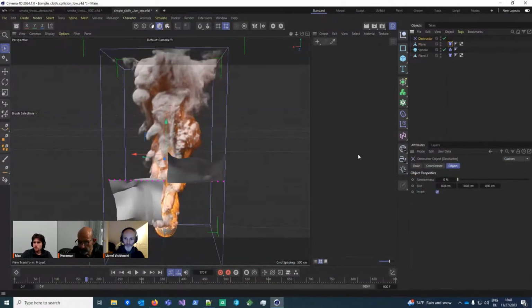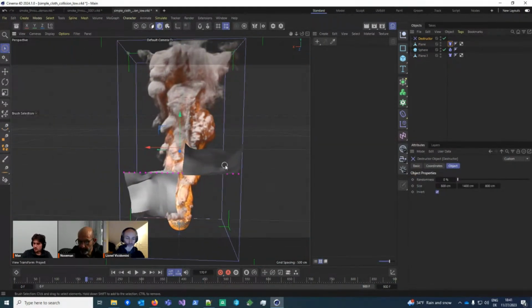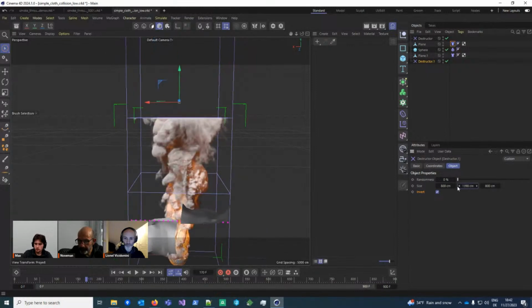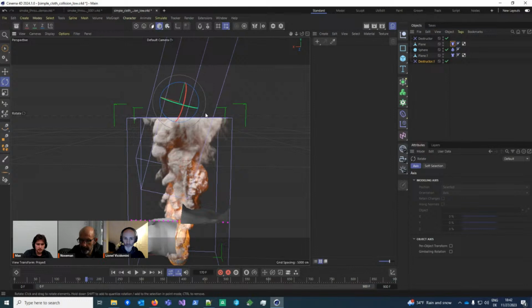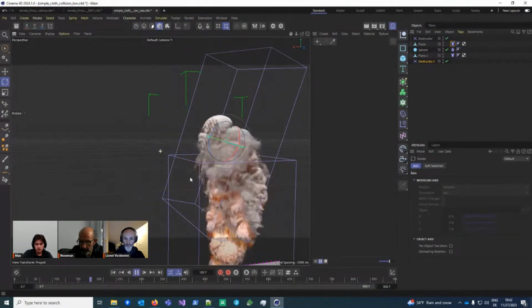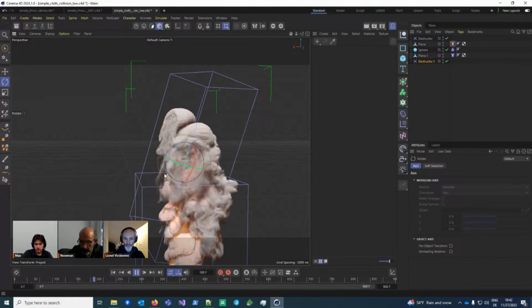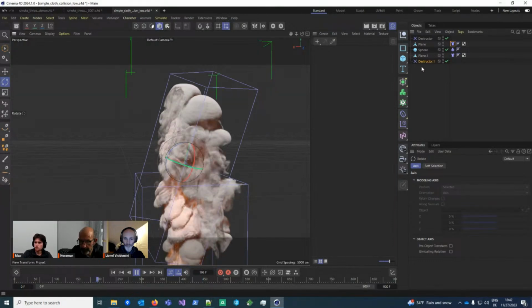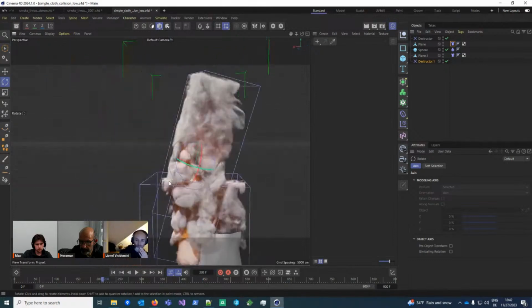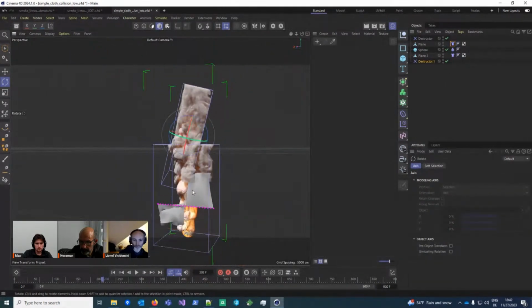Also, I always like to use a destructor to kind of limit the domain so it doesn't grow infinitely. And using this invert function, you can also say, oh, I just want parts of my domain up here to, say, like, I don't know, like this. And then it will continue onwards just in this part of the domain. And it's kind of like a union between the two destructors.